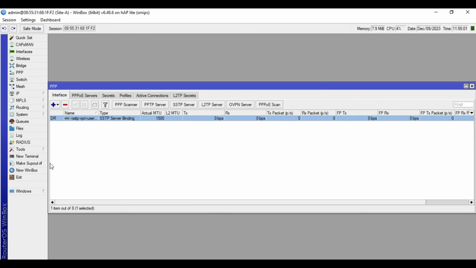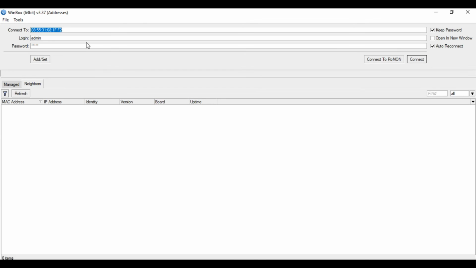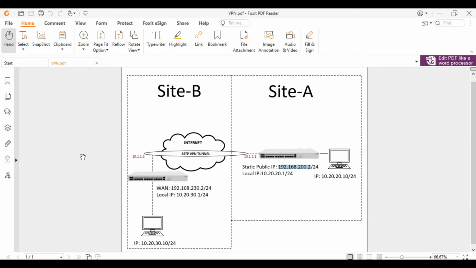I'll go to the remote site. This is the remote site. So I can now remote this one here in the site A.